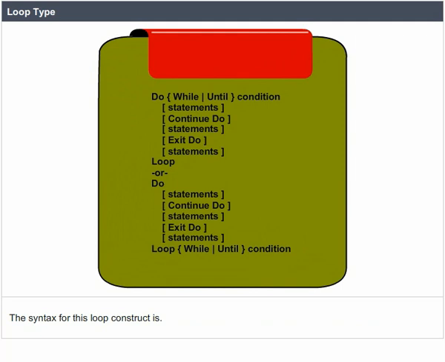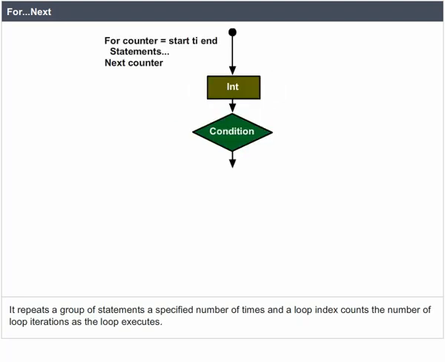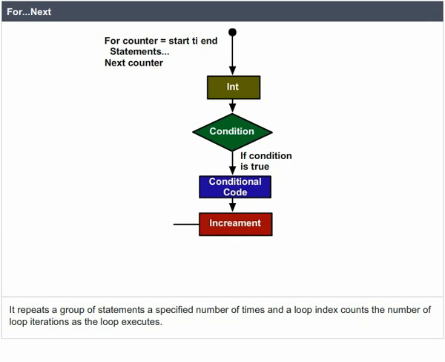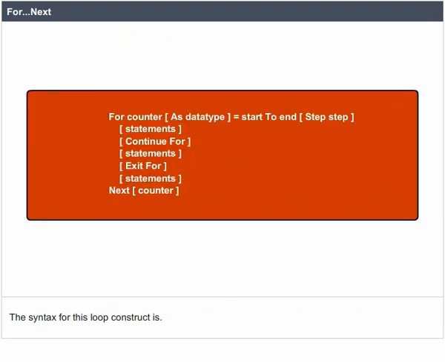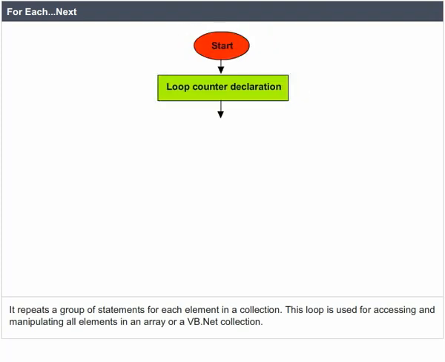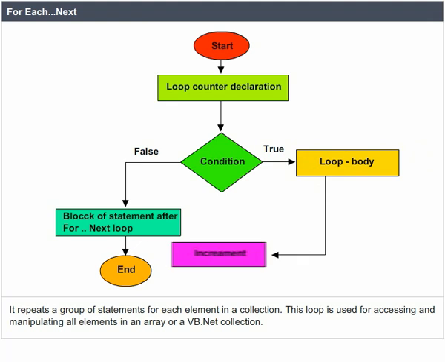For Next. It repeats a group of statements a specified number of times, and the loop index counts the number of loop iterations as the loop executes. The syntax for this loop construct is. For Each Next. It repeats a group of statements for each element in a collection. This loop is used for accessing and manipulating all elements in an array or a VB.NET collection. The syntax for this loop construct is